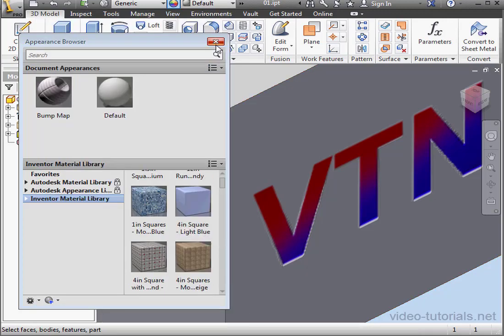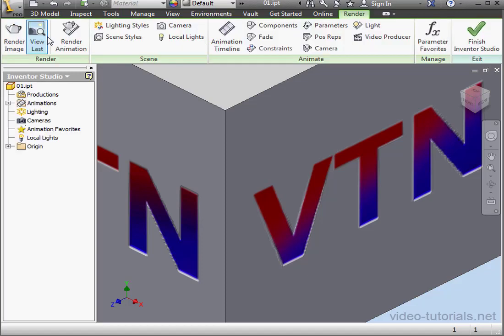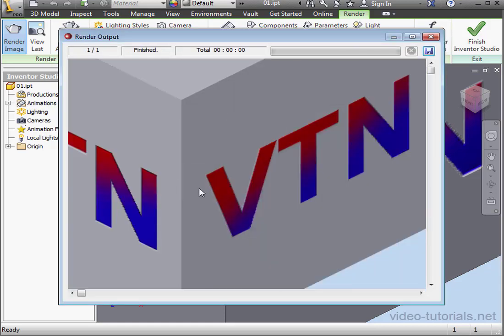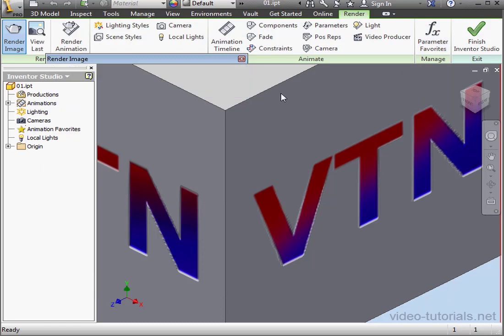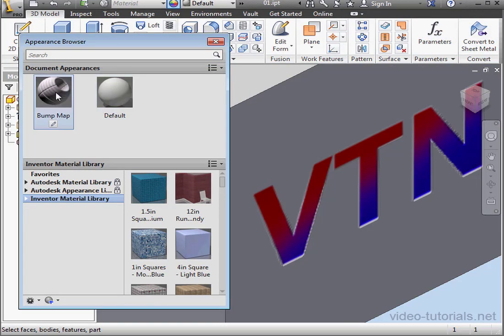We get a decent preview in the graphic area, but let's go to the Environments tab and open up Inventor Studio so we can render the image. With default parameters, let's just click Render. And here's our image. Let's close it, finish Inventor Studio, back to the Appearance browser, double-click on Bump Map to